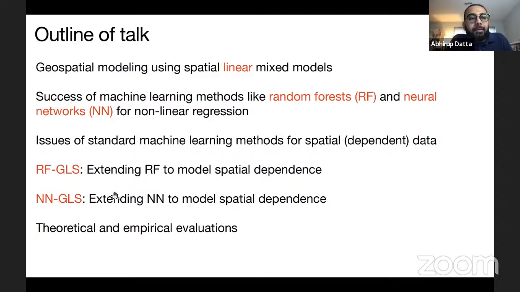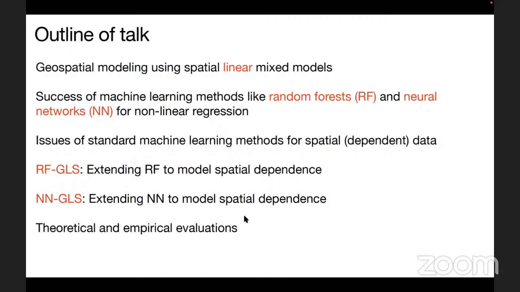As you can see by the names of the methods, RFGLS and NN-GLS, the GLS stands for generalized least squares, something we know in linear models for dependent data, and we use the same principle to extend these machine learning models to incorporate covariance in the data. I'll talk about some theoretical studies and some simulations and real data analysis that we have done with the methods.